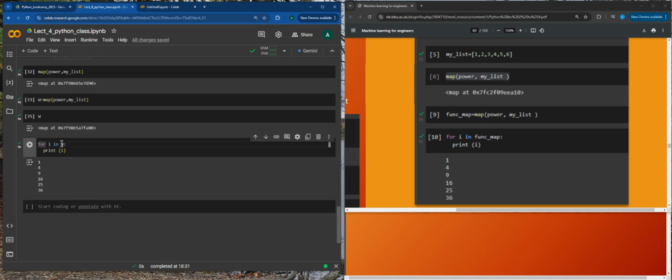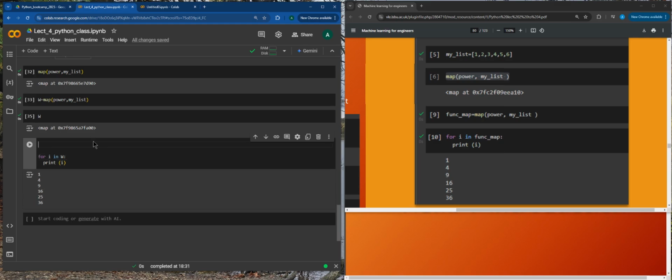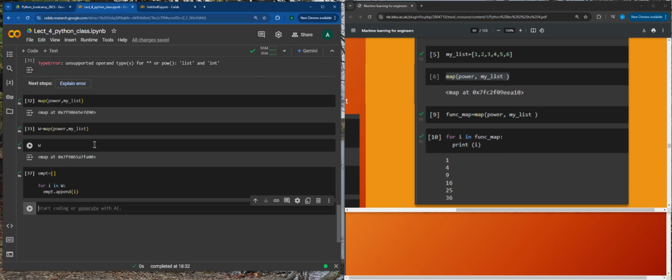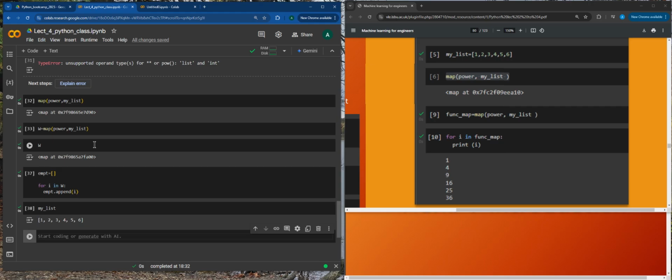Now, again, when I say I'd like you to use your own initiative, you might think, how do I get a list? Why do I want this to be printed out here? So you just create an empty list, empt equals that. I just created the empty list, empt dot append i. Now if I come and say my list first, so what was our list? And if I call empt,